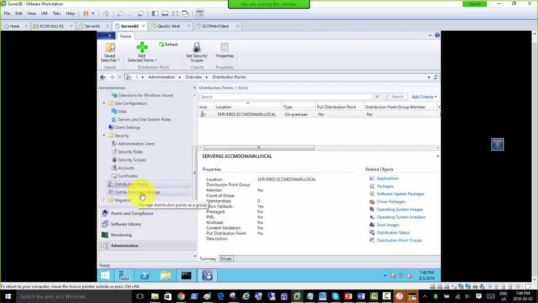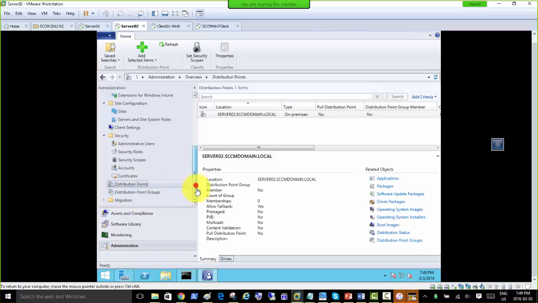And then you can have distribution point groups here. Of course, in large organizations we have several distribution points. So for Toronto, 1 distribution point; for New York, 1 distribution point; for London, 1 distribution point. The clients of Toronto should not be connecting to the distribution point of New York. Of course, through the site code they would know our distribution point is this server in Toronto, and we don't have to go across the WAN to communicate with a distribution point of New York or London. Anyway,